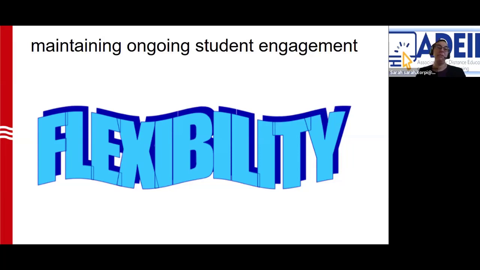So I personally am a super planner. That means before the first day of the semester, I have my lesson plans done for the entire 15 weeks, the schedule, the readings, the assignments, they're all posted online. This structure actually helps me to be flexible when I'm teaching because I can adapt to the needs of the class and still know that we're going to get to the end of the content by the end of the semester. So being flexible with deadlines, due dates, assessment modifications, and the like demonstrated to students that I was listening and I really did care. And this in turn led to higher engagement.